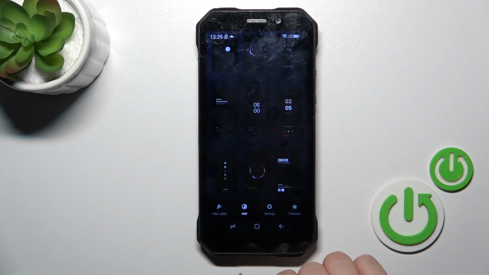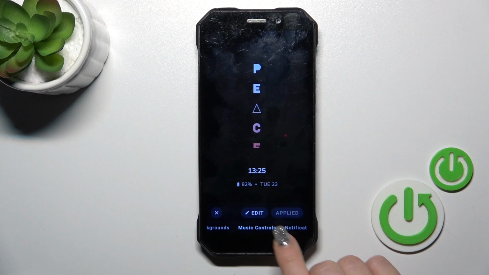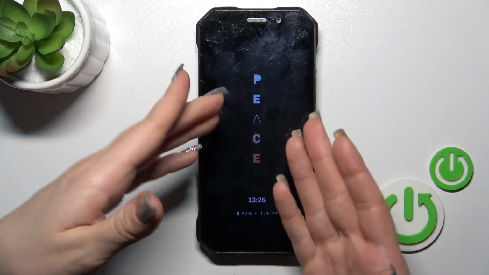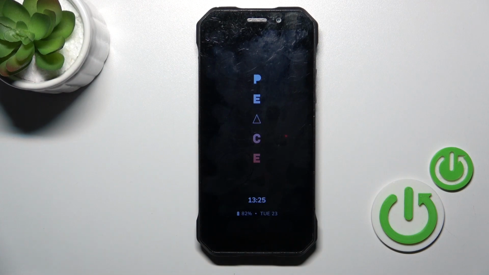After that you could select one from these available options, tap to apply, and let's lock the device. So now we could see that we just successfully activated the AOD option on our